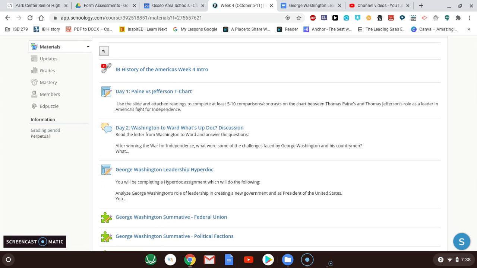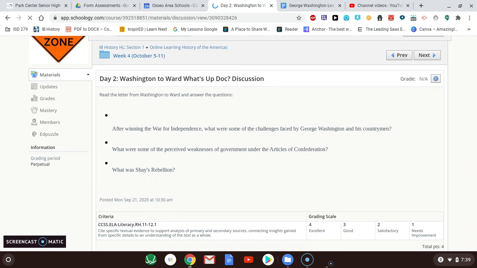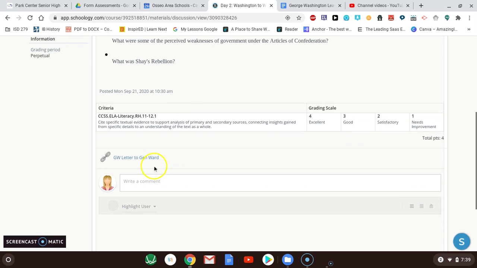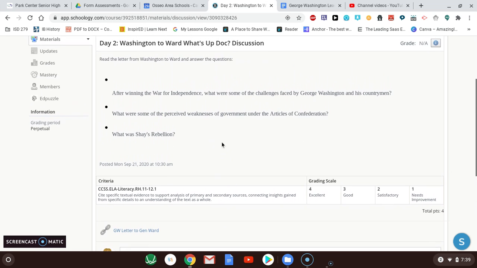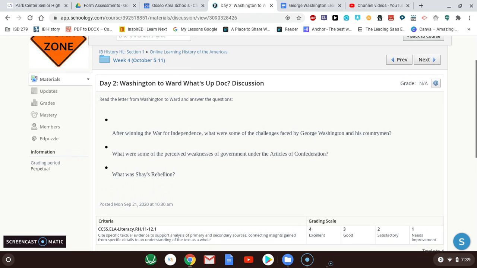would also apply eventually to their role as a leader in the political spectrum as well. So this is a little letter that brings a lot of questions to the idea of Washington's questions overall about how they will be successful as a country. And so you're supposed to read the letter that's attached here between George Washington and one of his generals, and talk a little bit about some of the first early challenges to Washington and the country as a whole.